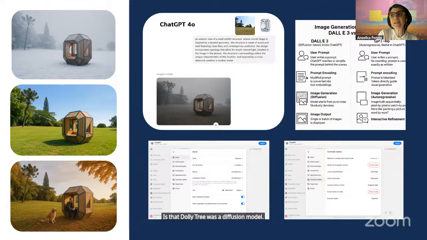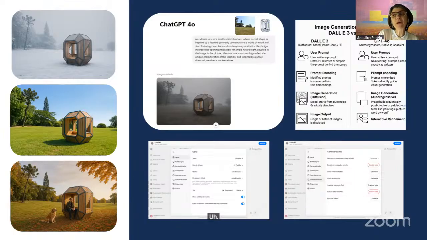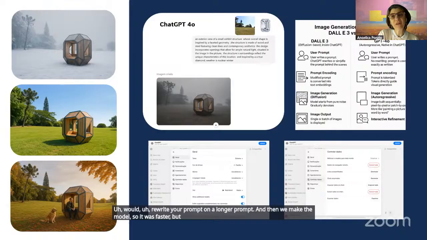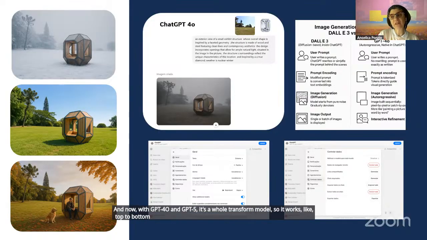When you wrote your prompt, the language model would rewrite it into a longer prompt, and then make the image. So it was faster, but more creative. Now with GPT-4o and GPT-5, it's a whole transformer model. It works top to bottom, left to right, and takes a long time. You have to be more specific because it's going to use your own prompt.